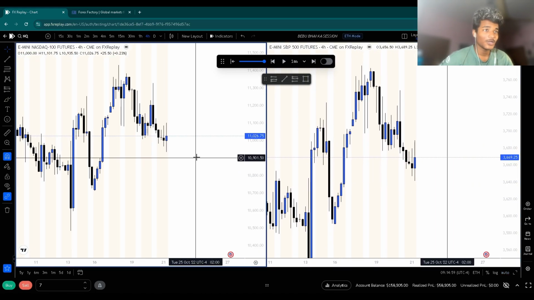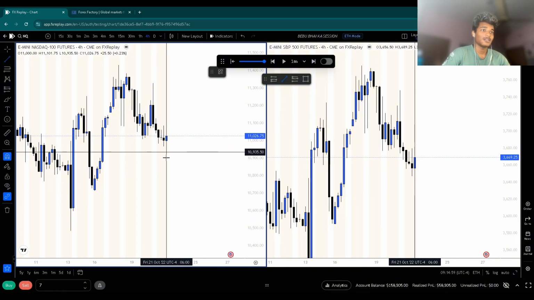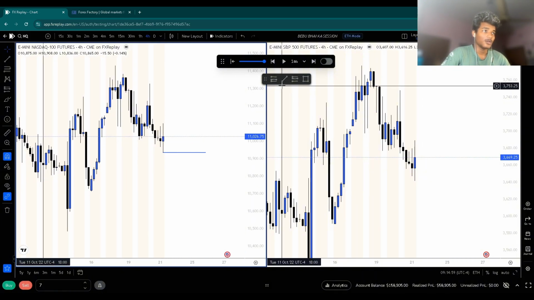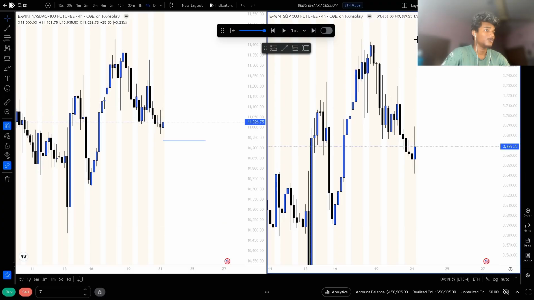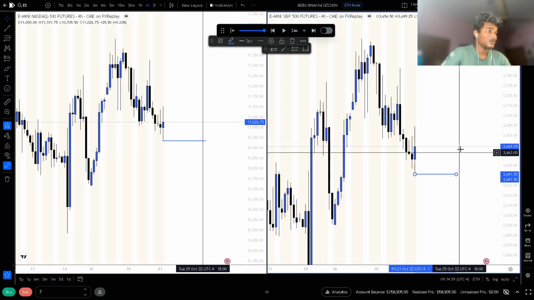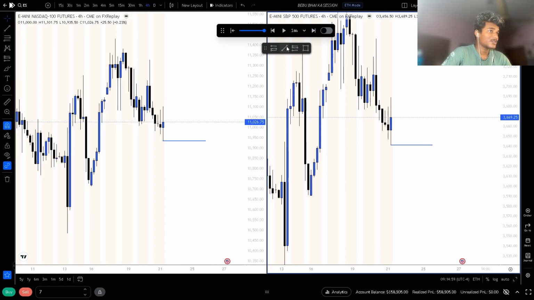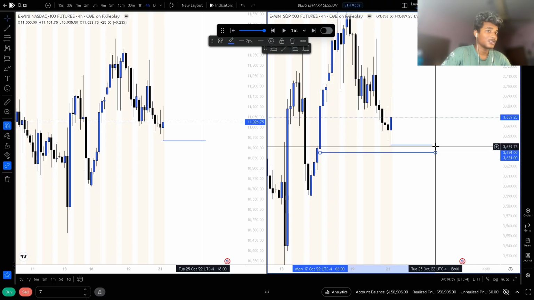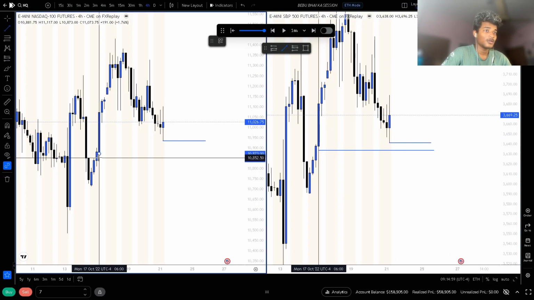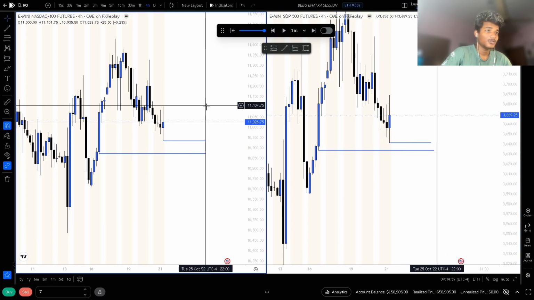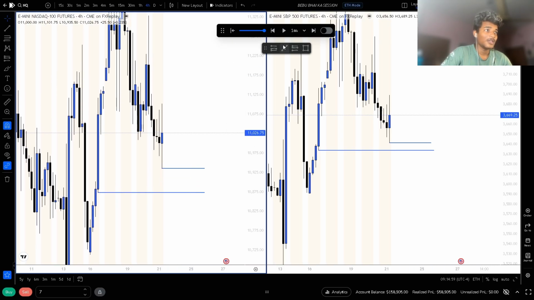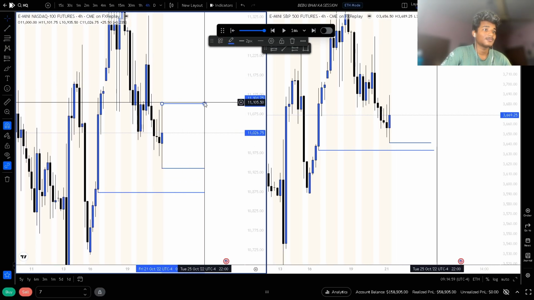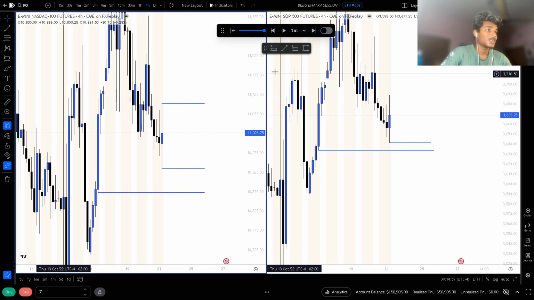So in the 4 hour, we can see that we have this 4 hour low here. Let me do full screen. Yeah, and we have still unmitigated gaps below us as well. And the market is moving down. We have this 4 hour high as well, which is actually high resistance.